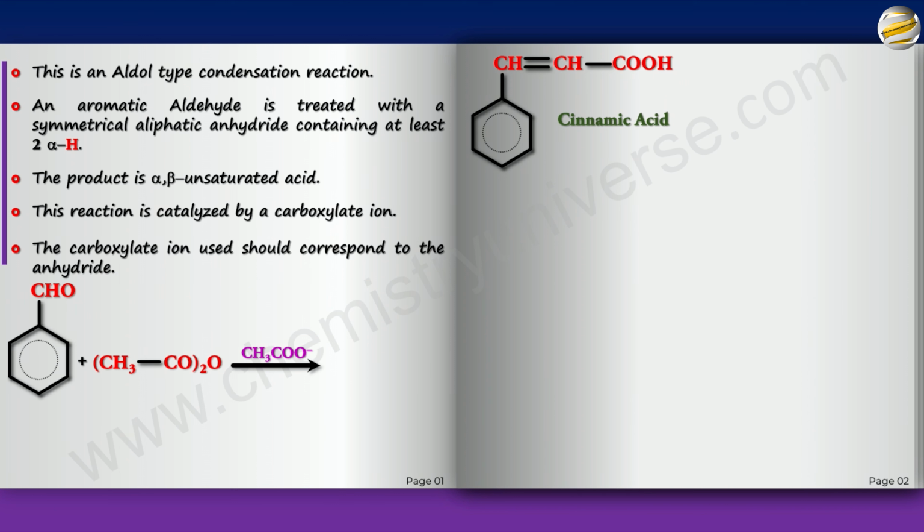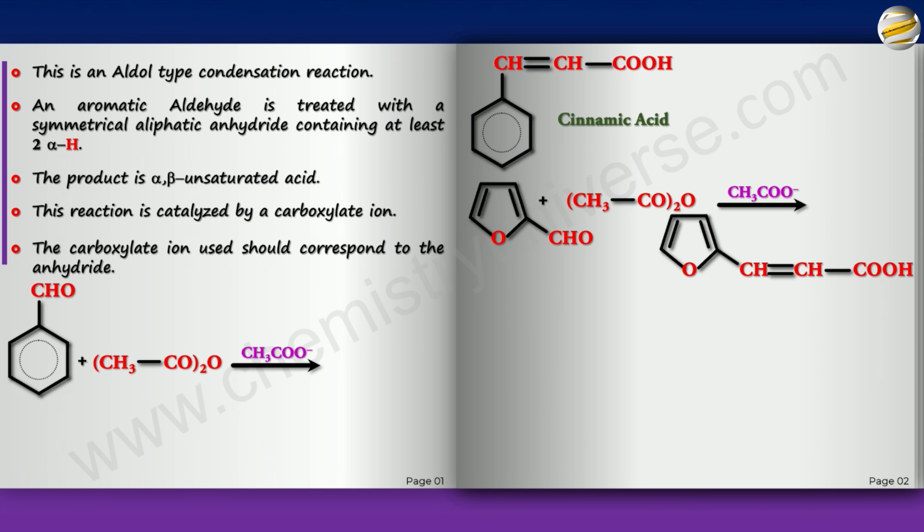So now remember, we started with saying aromatic aldehyde. So it is not necessary that it has to be benzaldehyde. Even this is an aromatic aldehyde. As you can see, this is an aromatic ring. And there is an aldehyde. So it's an aromatic aldehyde. Even this will react. Let's react it with acetic anhydride. And you will get, in the presence of acetate ion, the same stuff. You will get an alpha beta unsaturated acid.